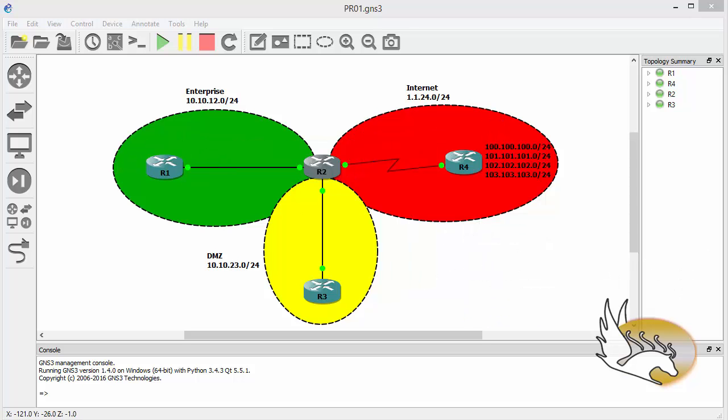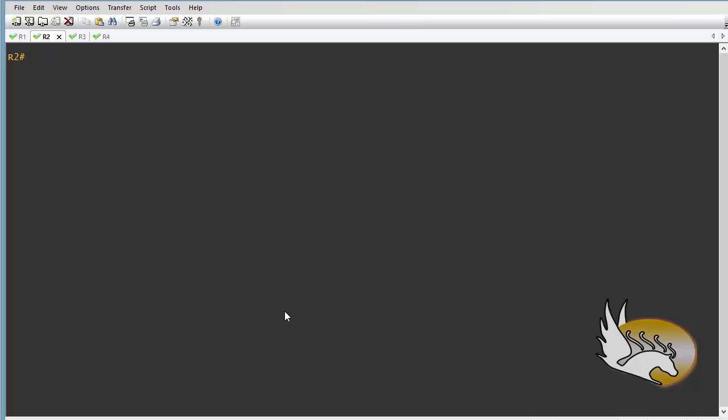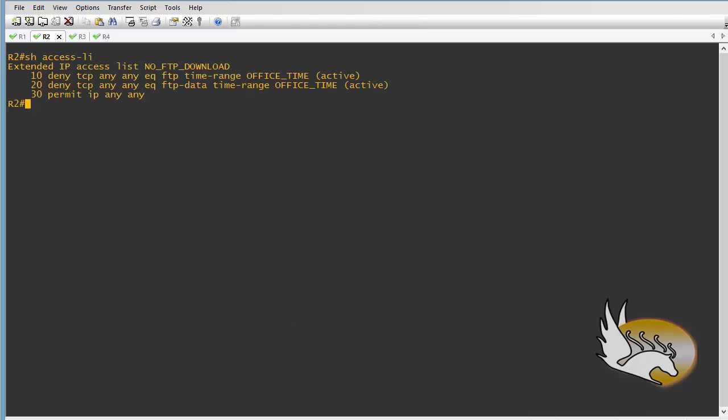So let's go to router 2. First of all, I want to make sure that there is no access list here. So I type show access list, and there is one, no FTP download. I'm going to deny it. I'm going to delete it. So I type configuration terminal, and I'm going to type no ip access list